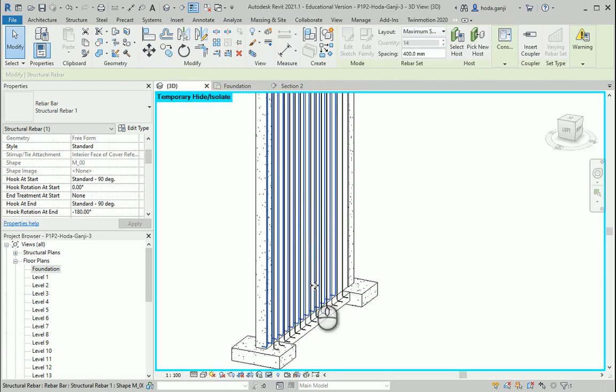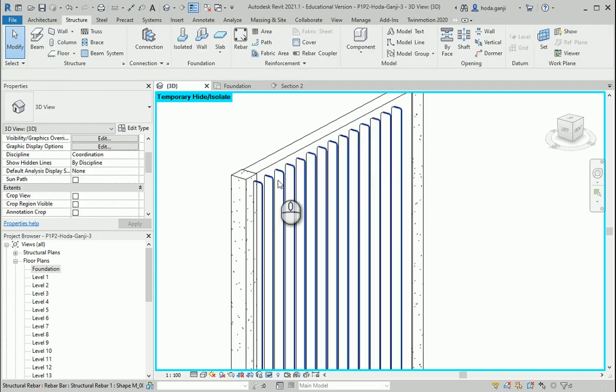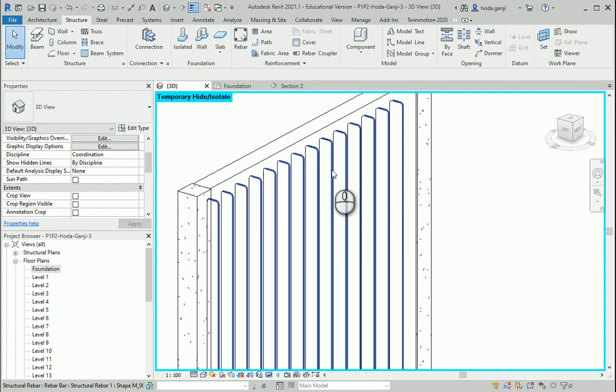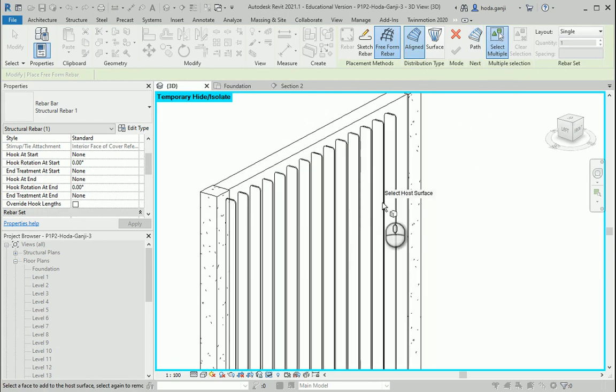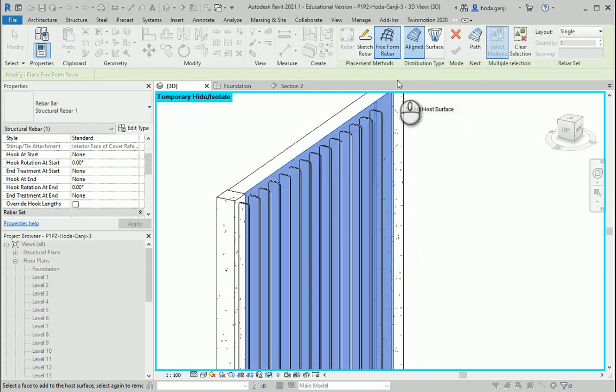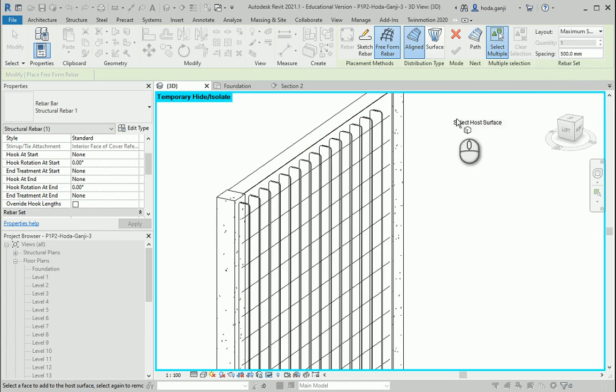If I go to 3D, you see all the rebars, and then we're gonna need some rebars on the other side too. So I can go to rebar again, and I wanna go with aligned again. I want to select the same surface, and this time the path is gonna be this edge. I select the vertical path, and it's gonna create it horizontally. So click here. How about I go to maximum spacing, and I can adjust it to every 500 millimeters max, and check the box, and we are good here.